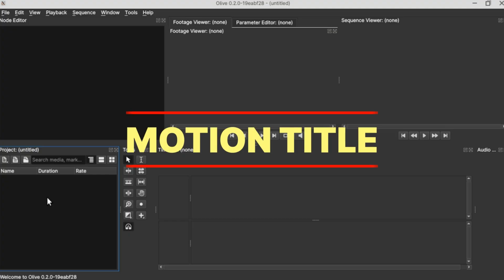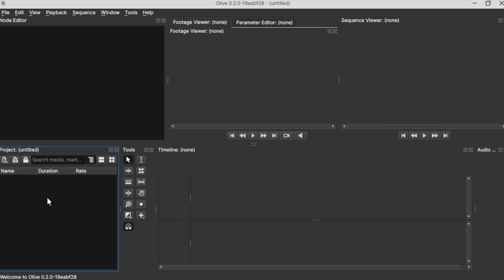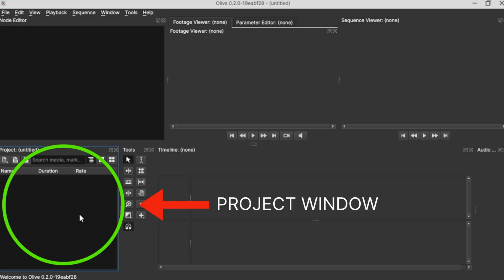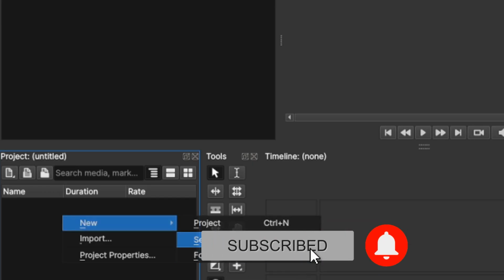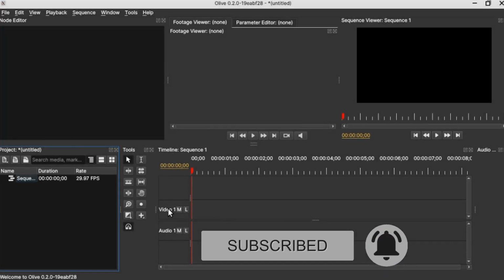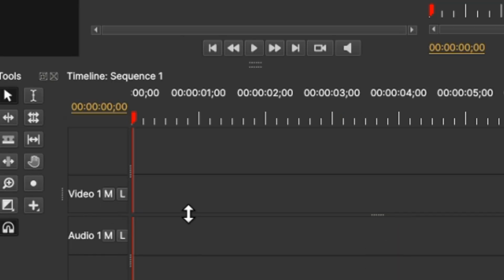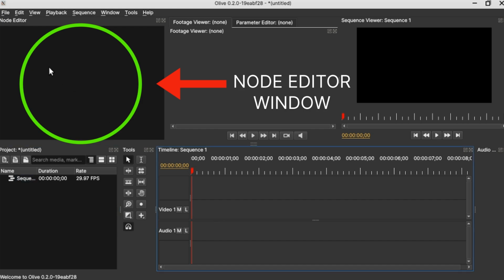In today's video, we're going to look at how to create a simple motion title in Olive 0.2. So here I have opened up the Olive Video Editor 0.2. In the project window, which is this one here, you right click, new, and create a sequence. When we create a sequence, you have video 1 and audio 1 track available, and also they have the nodes